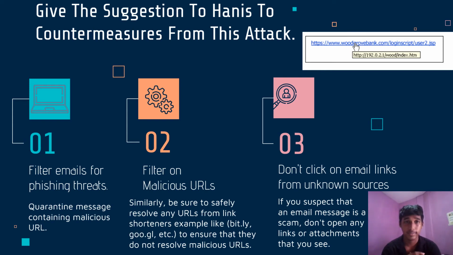The second point is to filter malicious URLs. Honey should use an extension that filters malicious URLs in her browser. Similarly, be sure to safely resolve any shortened URLs, for example bit.ly, goo.gl, etc., to ensure that they do not resolve to malicious URLs.